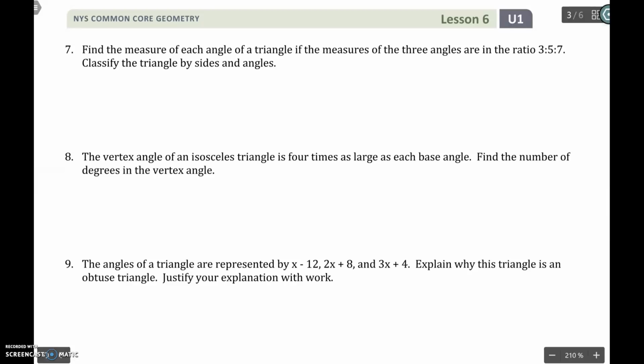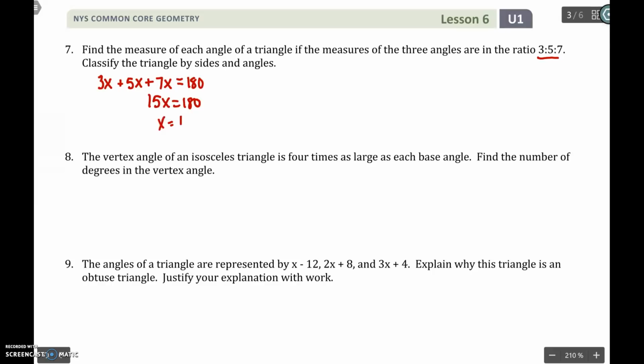Number 7, find the measure of each angle if they're in a ratio of 3 to 5 to 7. Remember that a ratio basically means throw x on each of those numbers and do with them what makes sense for the problem. So those are three angles of a triangle, and we know that those three angles would add up to 180. So we have 15x equals 180, and when you divide by 15,